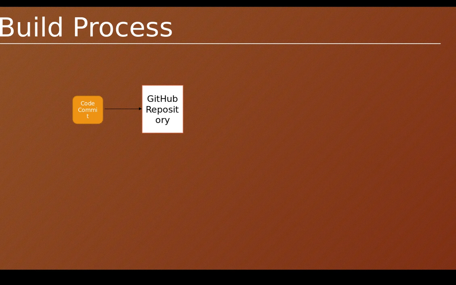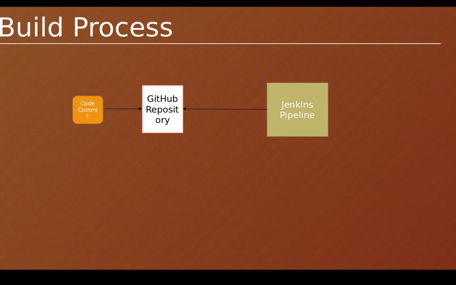So I'll push the code, whatever changes I have done, and we can do a manual merge into the main branch, or we can wait for some process to complete, and after that it can be merged into the main branch, where a single branch will be the single source of truth code for all the developers. After that, the Jenkins pipeline keeps on looking for changes inside the Git repository.